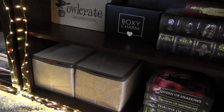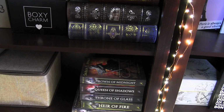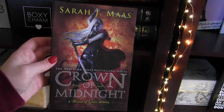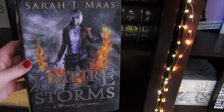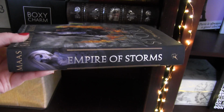We have more twinkly lights. Similar to the other bookcase, I keep the last two shelves of this one also just for storage, with the exception of some Sarah J. Maas. We have Throne of Glass, Crown of Midnight, Queen of Shadows, Heir of Fire, and Empire of Storms, all by Sarah J. Maas. And to drive me slightly bonkers, this is the only hard copy edition, all the others